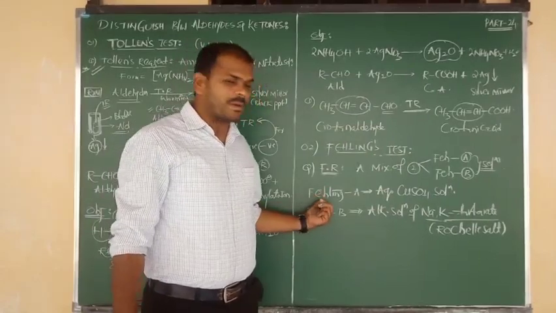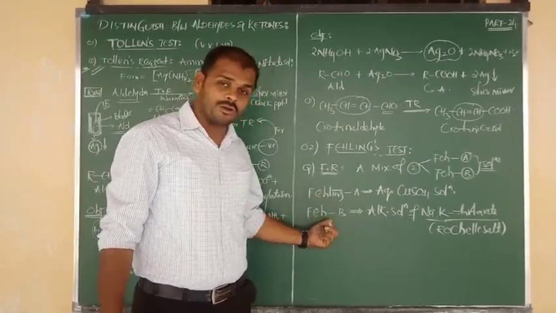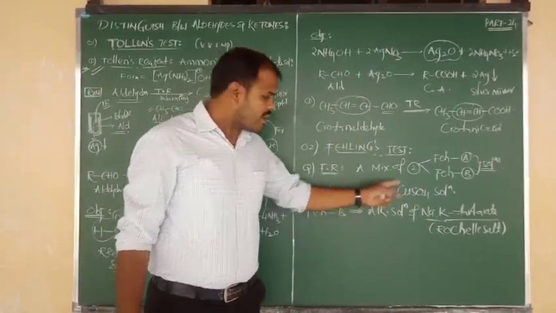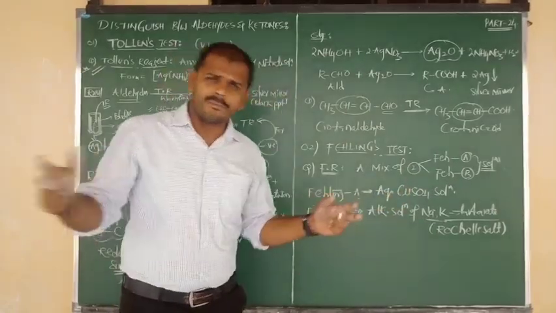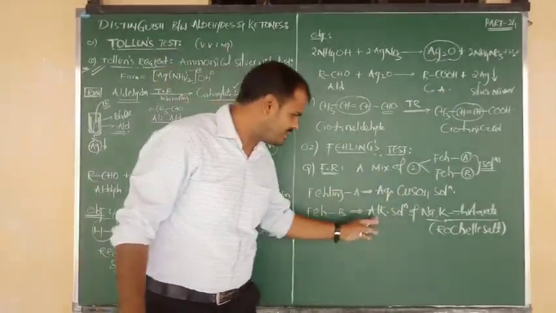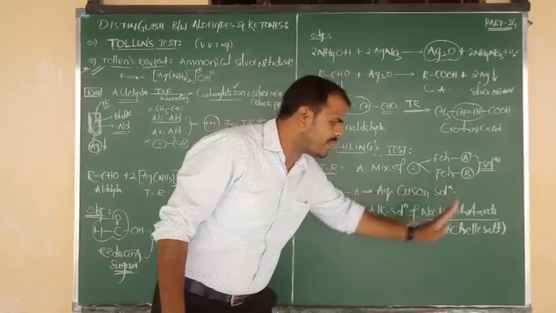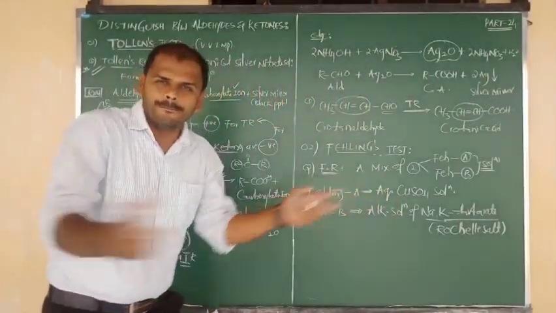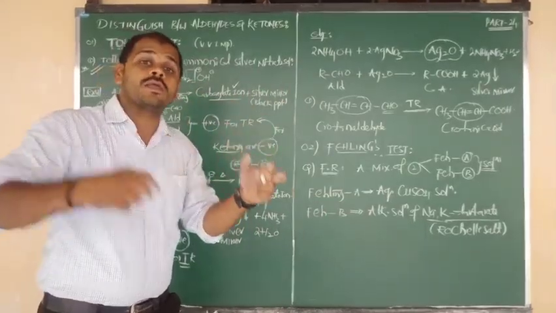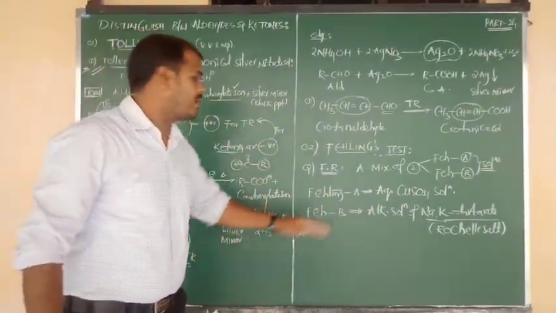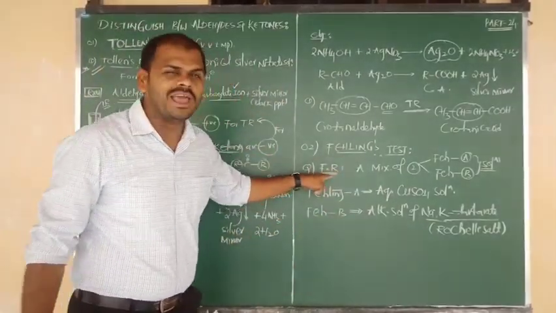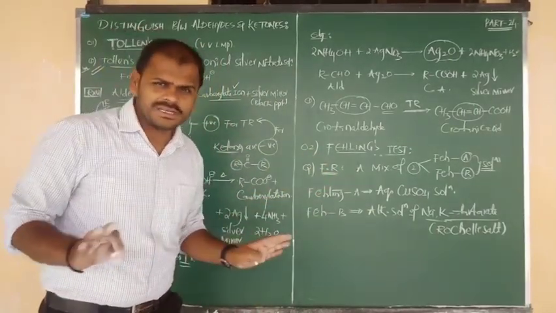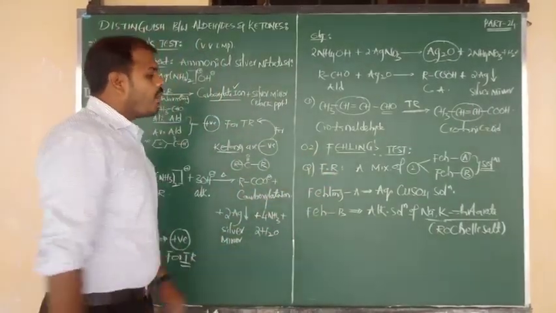So this one we prepare in test tube 1 and this one in test tube 2. The aqueous copper sulfate solution is mixed in a 50-50 ratio with the alkaline solution of sodium potassium tartarate. We have to mix these two solutions. Overall you get a deep blue colored solution, which is known as Fehling's reagent. So, is the preparation clear? Yes. Now how to do the reaction?